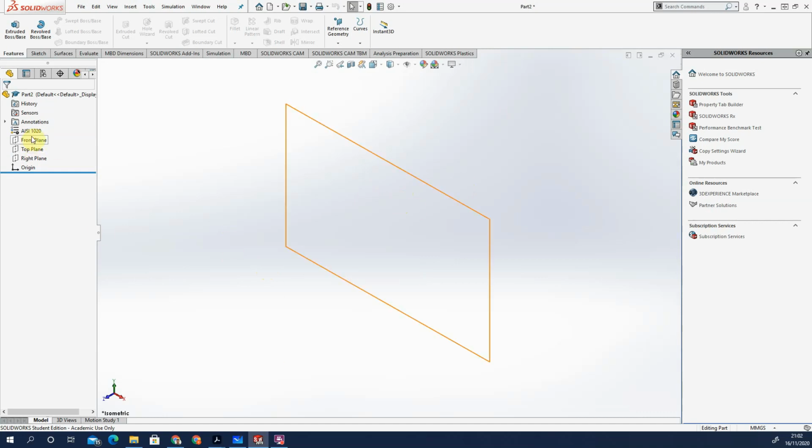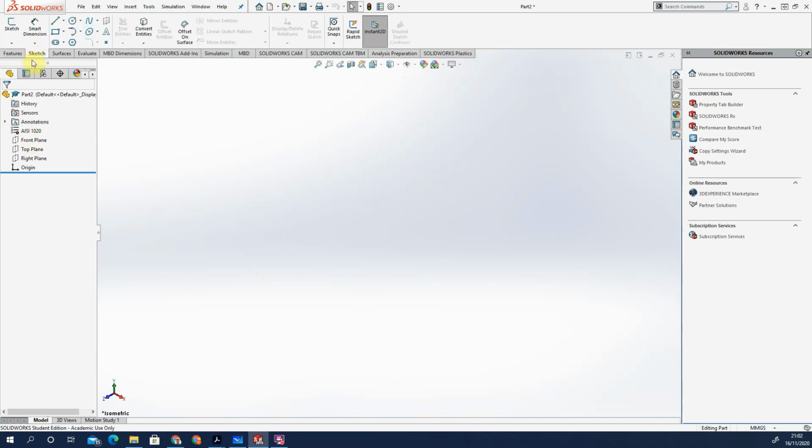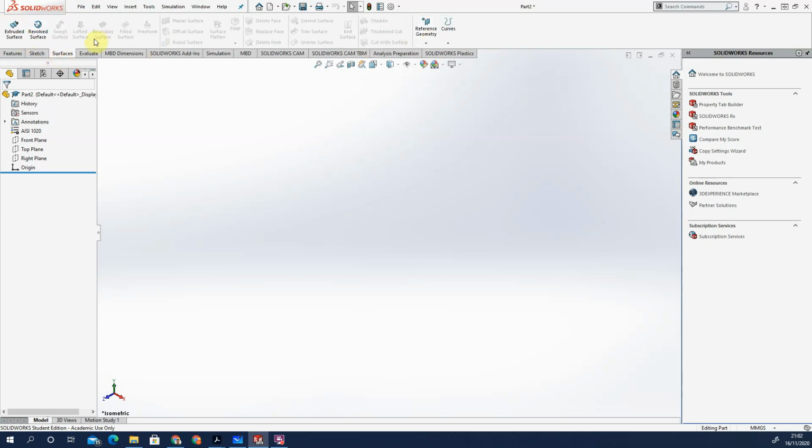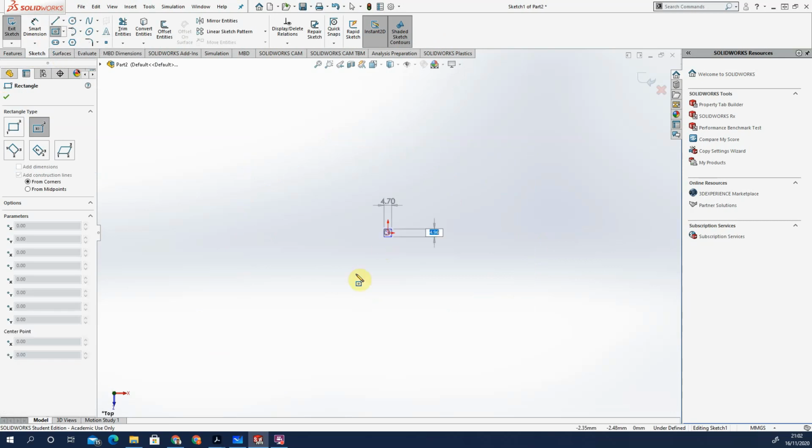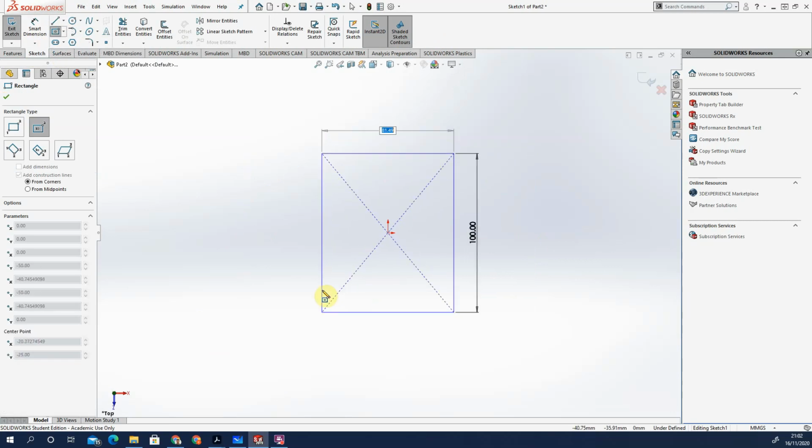So we need to start our sketch. Basically, when you're on the sketch function is where we first start, or you need to start in the surfaces tab depending on what type of drawing you're doing. So what I'm going to do is draw from the top plane with my datum on the center. I'm just going to do a 100 by 100